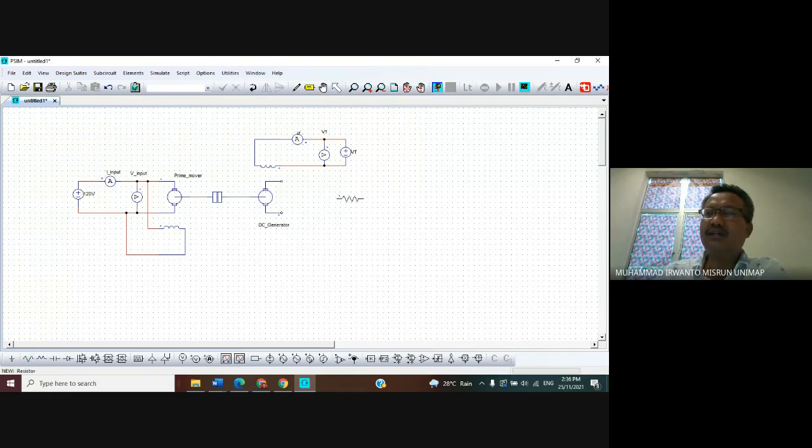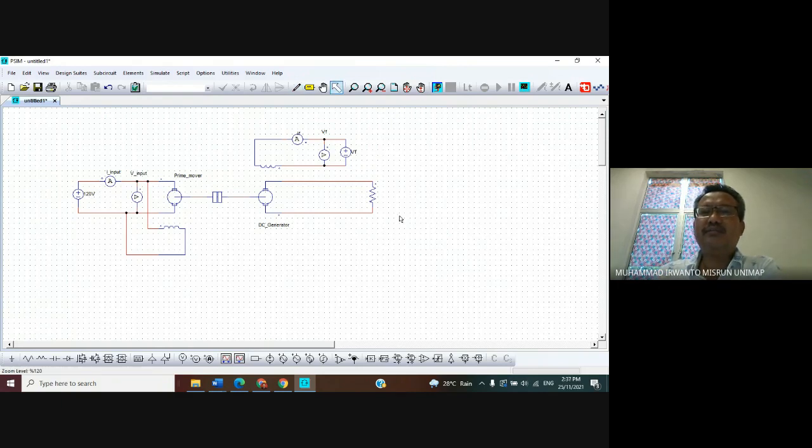And then change the position to vertical. Just right click, right click, and place it like this. To cut it, just click the menu bar, select. And then connect it by clicking the menu bar wire. Connect here to here and here to here also.